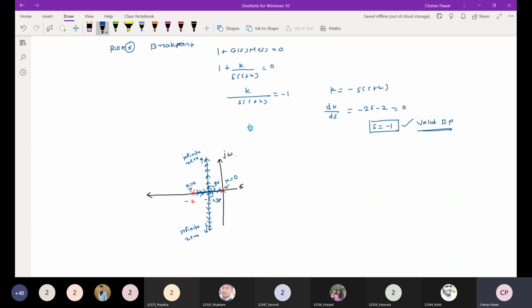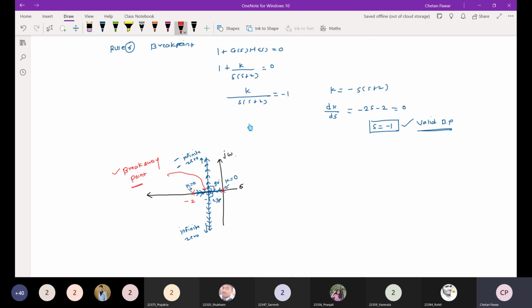Now these closed loop poles are going to infinity, where open loop zero exists, right? So this blue color whatever you are seeing now, these are the root locus branches. And this point is called the -1 point. This point is called a breakaway point, because these branches are going away from the real axis.